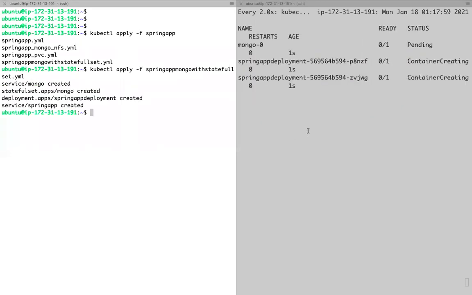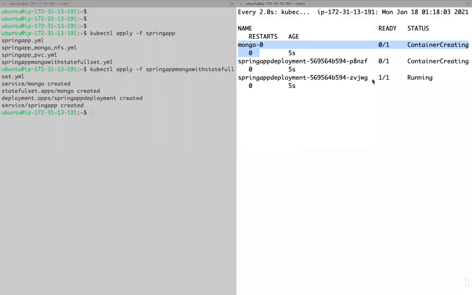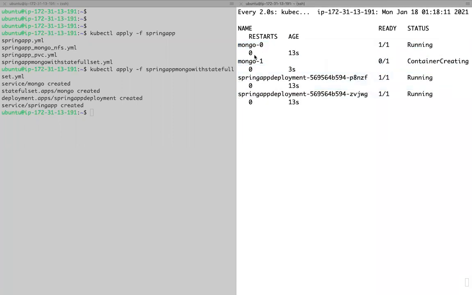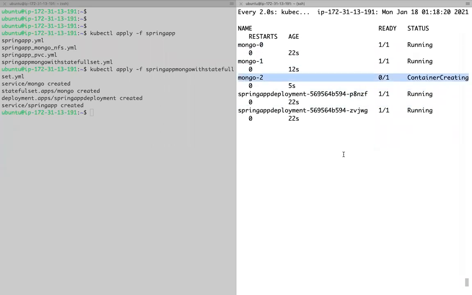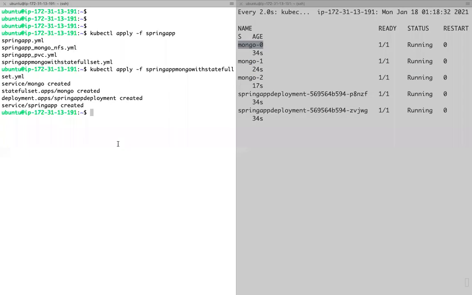Now here, are all the three replicas of the stateful set getting created at the same time? If you see the deployment pods, they are created at the same time. But the stateful set, is it creating all three at once, or one by one? First Mongo-0, it is following the ordering. Mongo-1, once that is ready, then Mongo-2, right? One after the other. Now I have three stateful set pods, using volumes for these three.